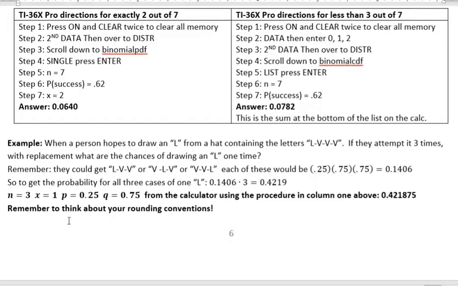But remember about the rounding conventions that your instructor or your website is asking you to use. So I rounded to 4 places here. It might be that they ask you to round to 5 or don't round at all. Make sure when you're doing your work that you're looking at the directions about rounding, because that's one of the things that people miss a lot in statistics is they get the right answer, but they're not paying attention to